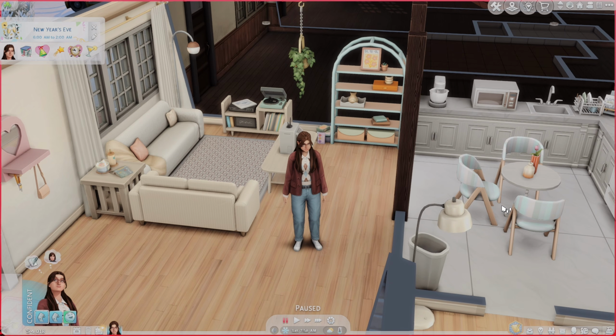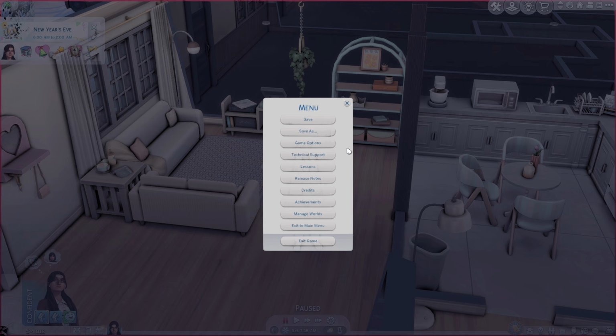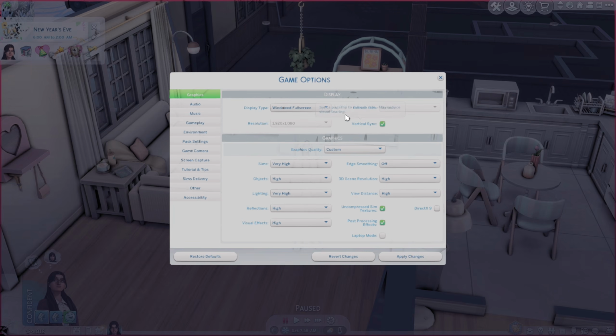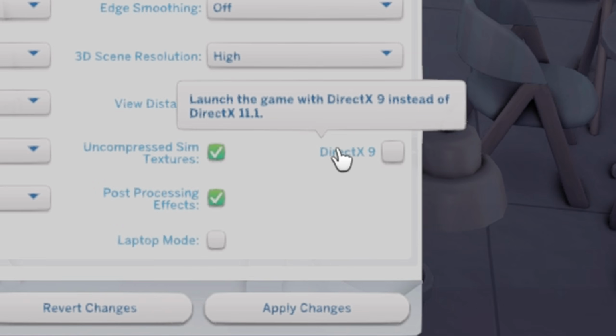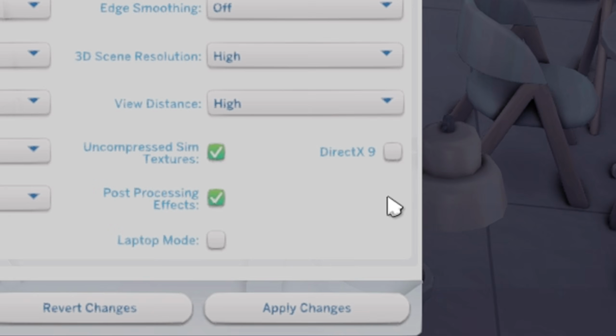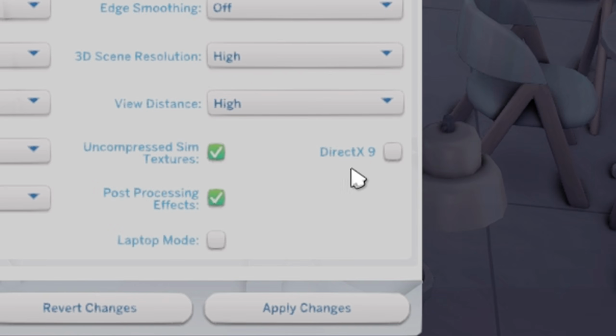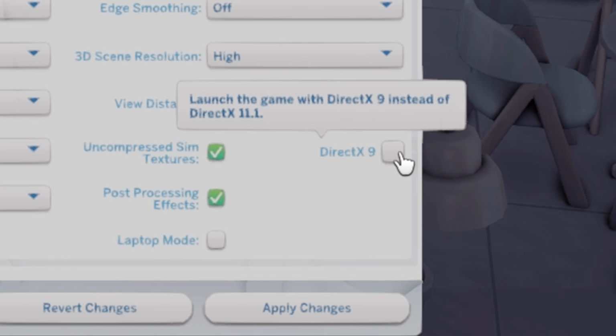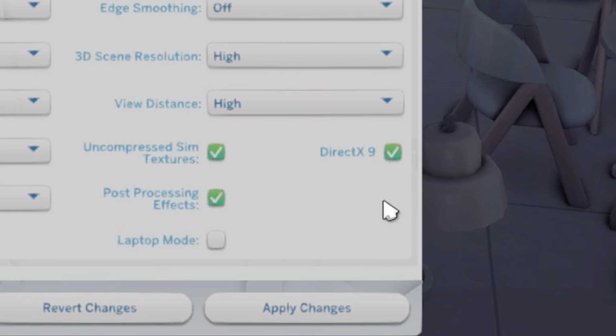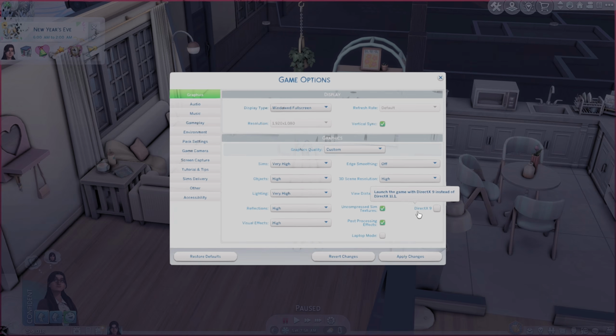So the first thing we are going to want to do is actually going to be in your Sims 4 game options menu. Now what we are looking at here is this box here, DirectX 9. Now, if your box is unchecked like mine is, that means your game is running DirectX 11. If your box is checked like this, that means your game is running DirectX 9. So just remember whether you're running DirectX 11 or DirectX 9 because we will need that for the installation of